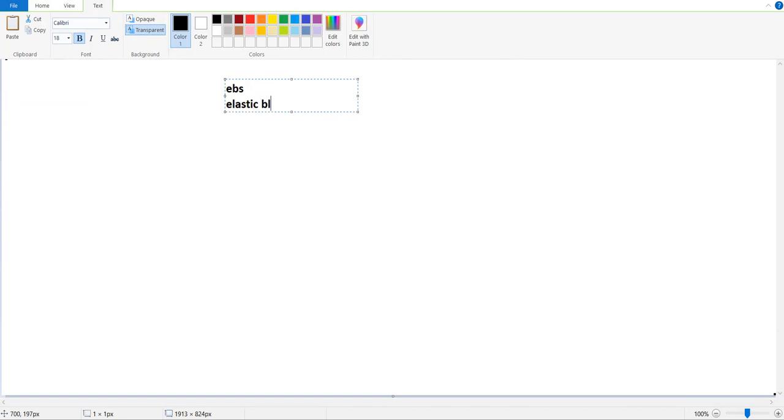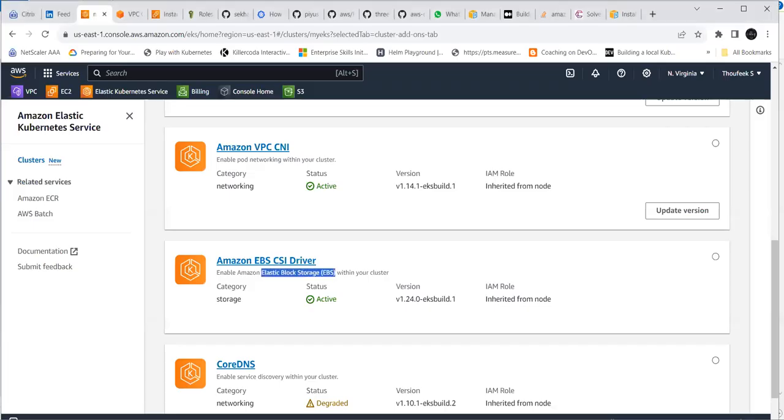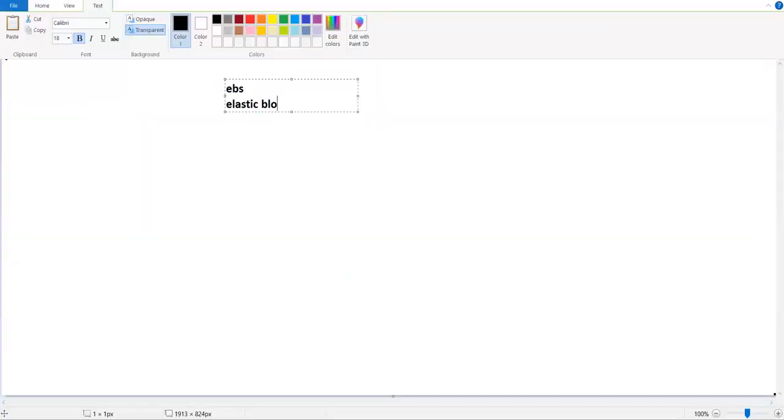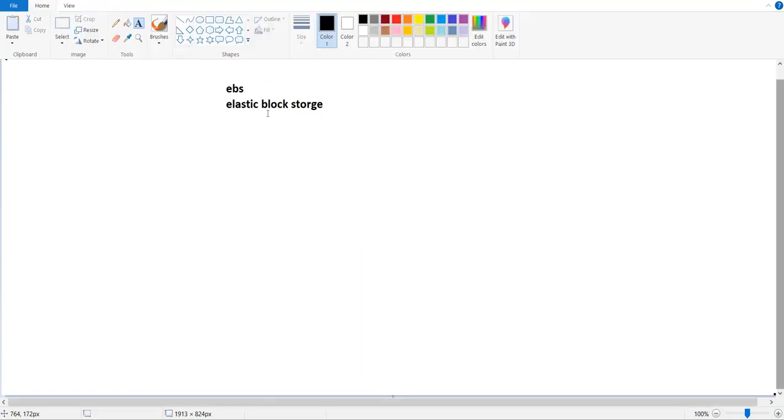That is for storage. Is that for database storage or the hard disk, file storage? The elastic block storage is for either database storage or